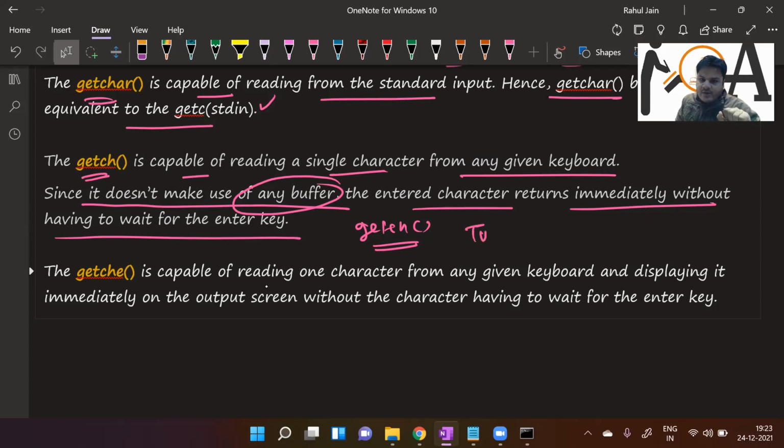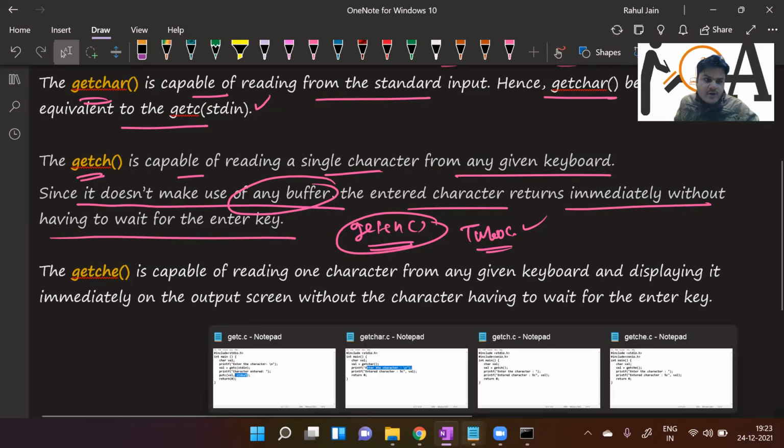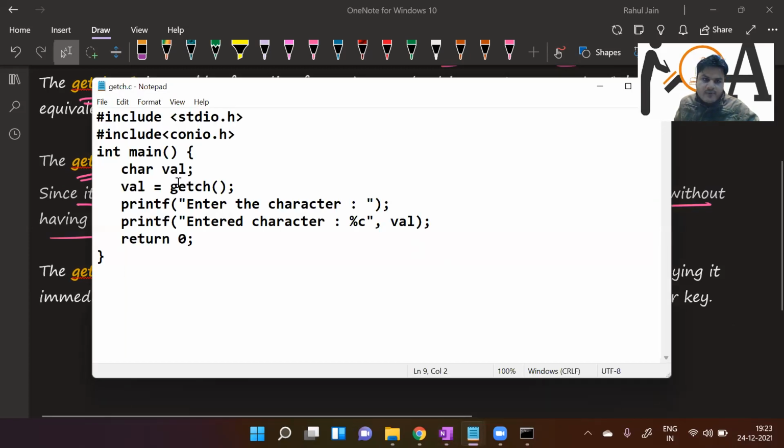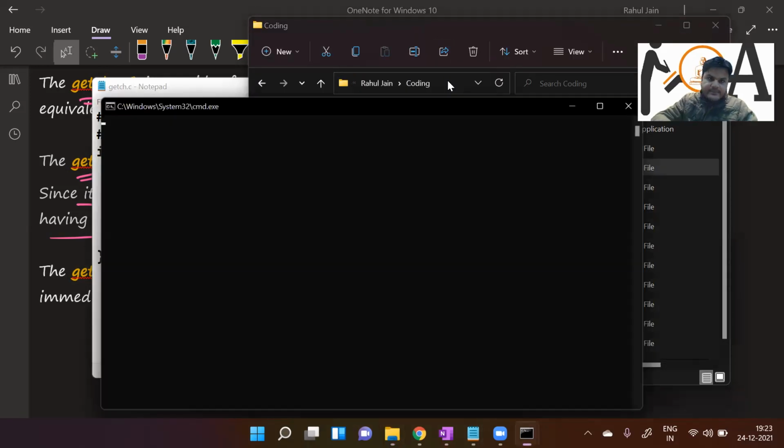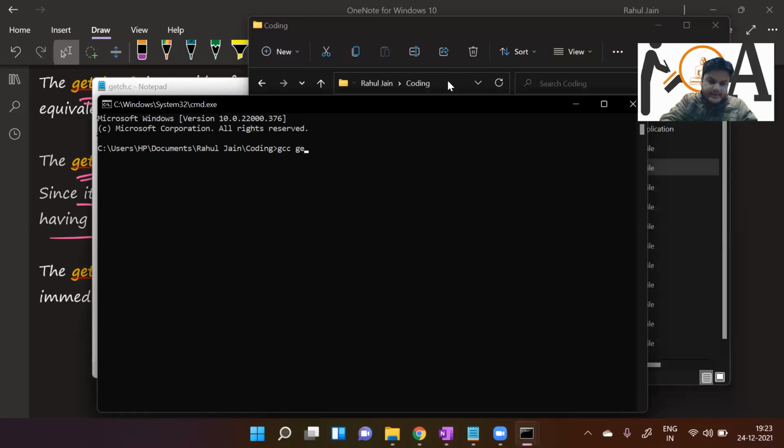But if you are going to run Turbo C programs, like on DOS C compilers, that kind of function is used. However, as for our knowledge, I am going to show getch, and the getch program is here. We enter a character, and that character is shown on our screen as output. So I am going to the command prompt, and let me run that program for you. The getch.c file is compiled, I press the executable file name, and now the cursor is blinking.